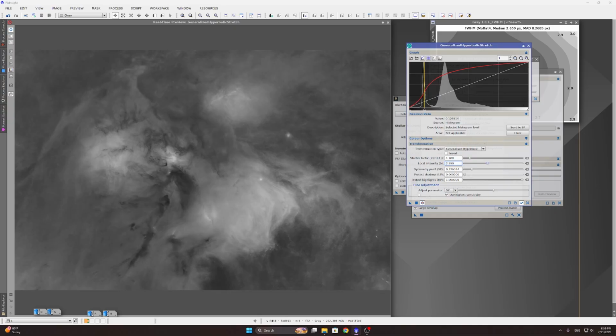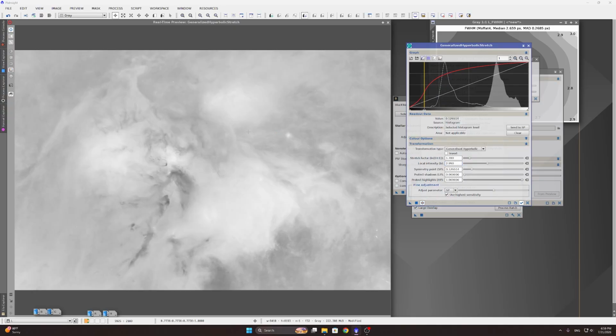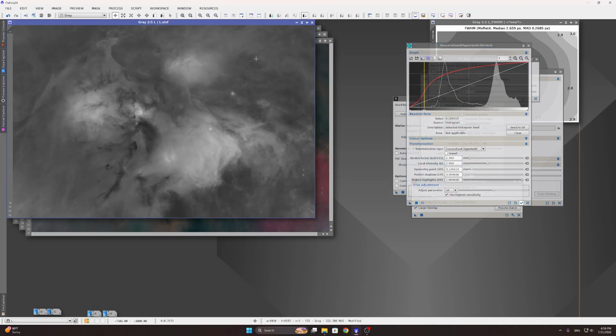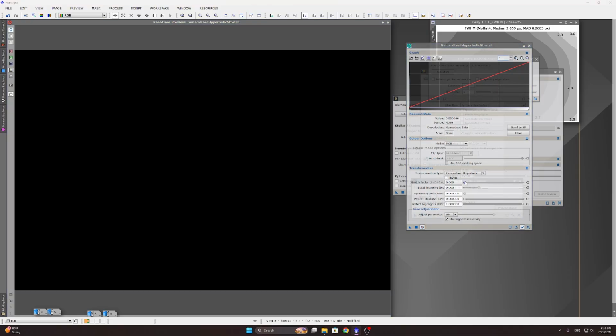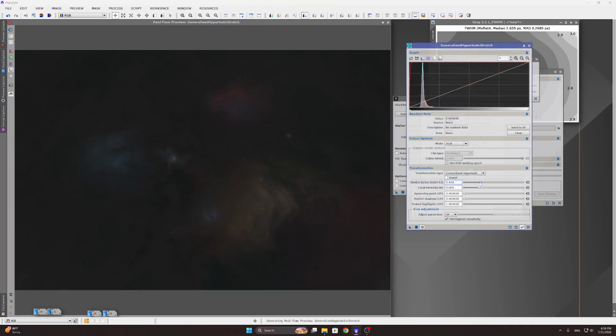Yes, I think 2.99 surely is good enough. And you can see the background certainly needs the black point raised a little bit. We'll get to that later, and we're going to be applying the same exact stretch for the RGB image. So reset the view, and we're going to be stretching to the middle point of the cell,